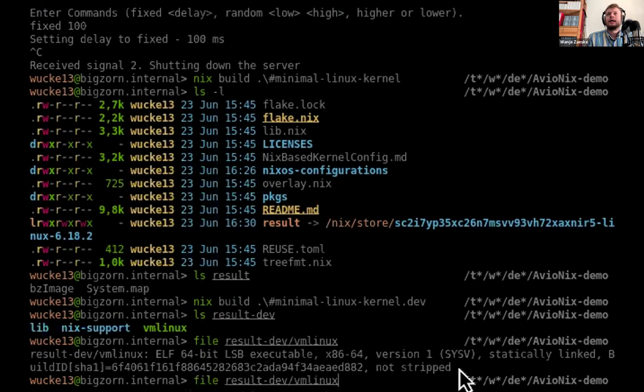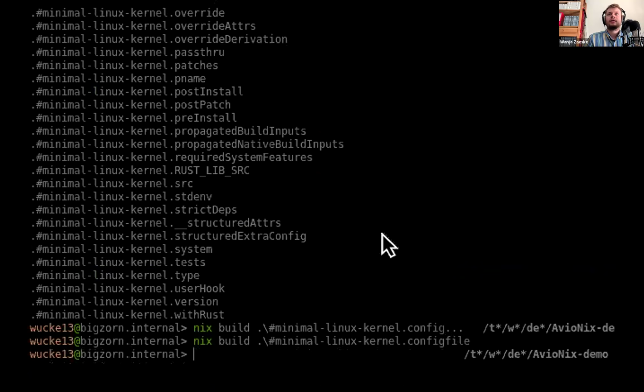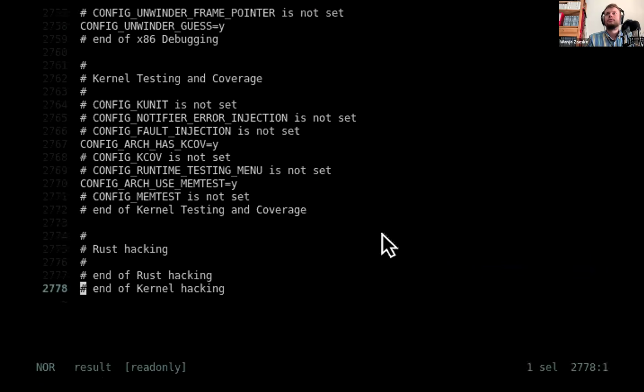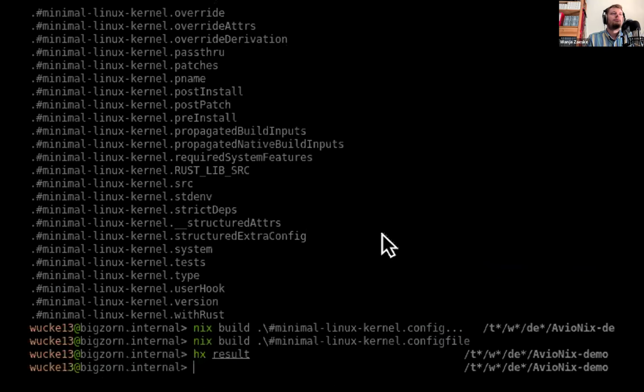There are various things that we can explore here. And if you take a look, there are many outputs, some of which are actually buildable within the kernel derivation. There's one more that I would want to take a look at, which is the config file. If we take a look into the config file output, then result is just going to be a symlink directly to a file. And this is the config file with all the final configuration decisions that were made for this kernel. You can see it's quite long, about 2,700 lines. And this is everything that we turned on for building this Linux kernel. I think it is self-explanatory that when you're doing some kernel hacking, then this is actually quite useful.